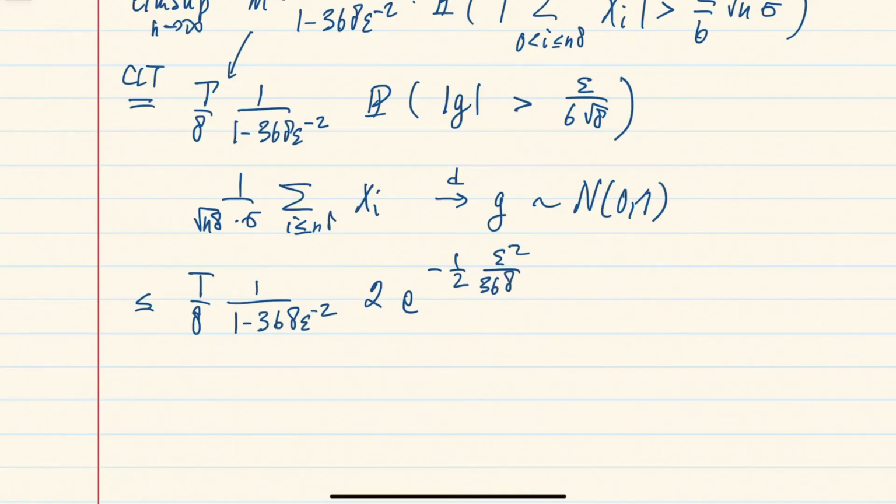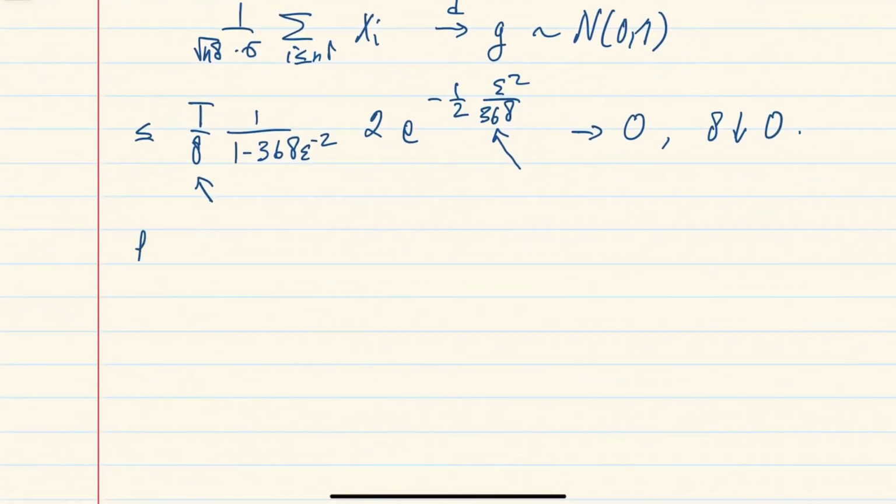And what we want is for this to go to 0 when delta goes to 0. And we can see here that indeed this is the case, because the main dependence on delta is through this exponential here. So this will clearly dominate. This will go to 0 faster than this factor 1 over delta grows in front of the exponential. Okay, so this whole thing goes to 0, and